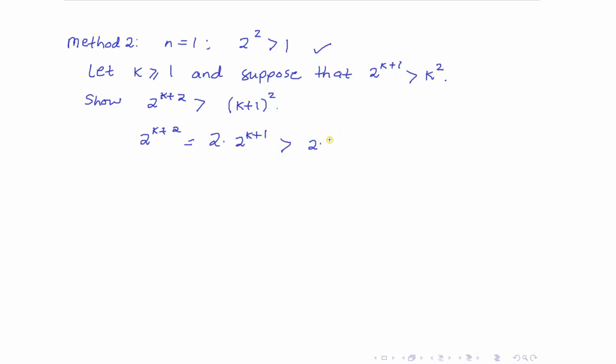So again, we have 2k squared, which is equal to k squared plus k squared. Recall that we want to end up with this is greater than k squared plus 2k plus 1. So that is, we want to show that k squared is greater than 2k plus 1. This is what we want to show. However, this is not true when k is equal to 1